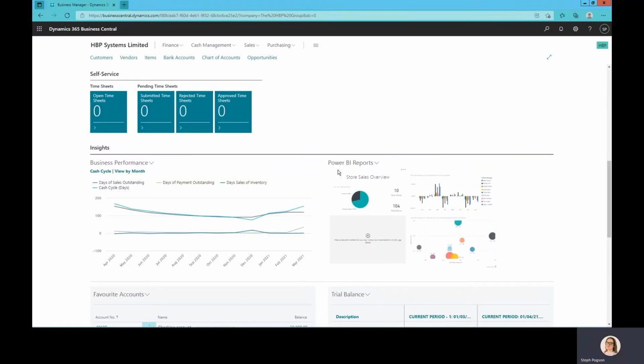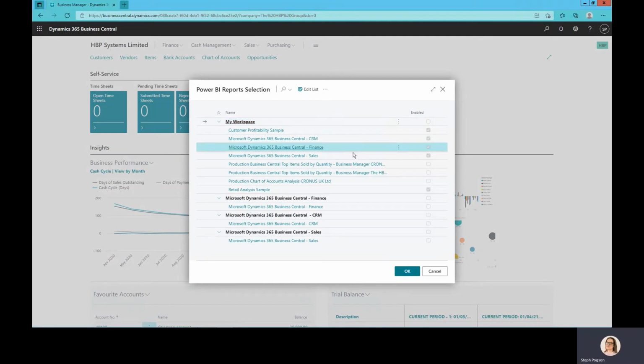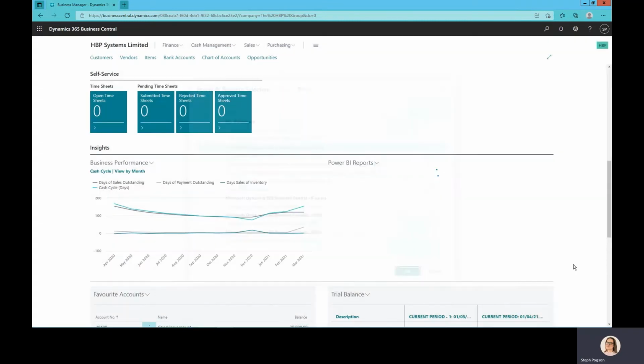I mentioned before about the interaction with that Microsoft 365 suite, and this is one of the first areas we can see it. On this homepage and in other areas of the system, I can surface Power BI reports, and we've possibly heard of Power BI before. It absolutely is a key reporting tool that's available in the Microsoft suite. Not only can I surface reporting that is specifically related to Business Central, so I could be looking at my finance dashboard,